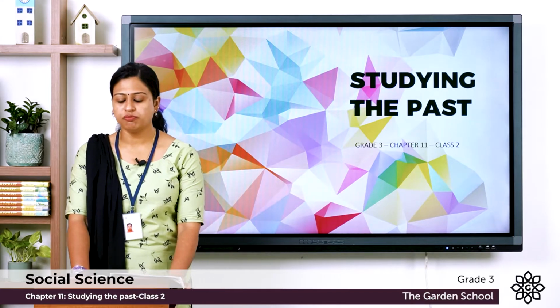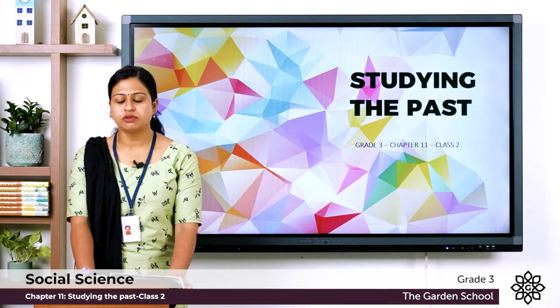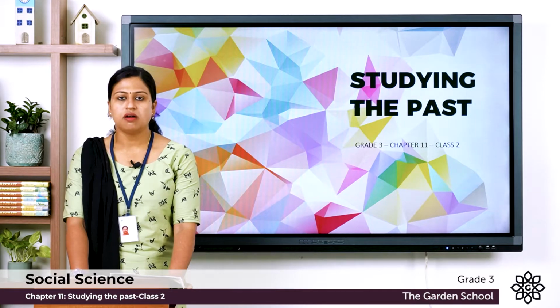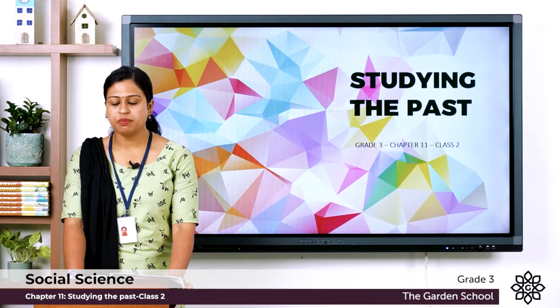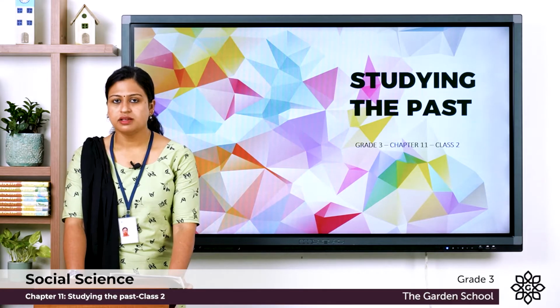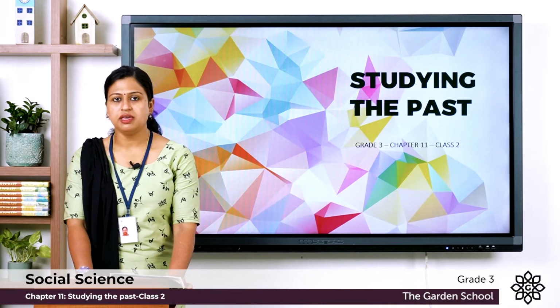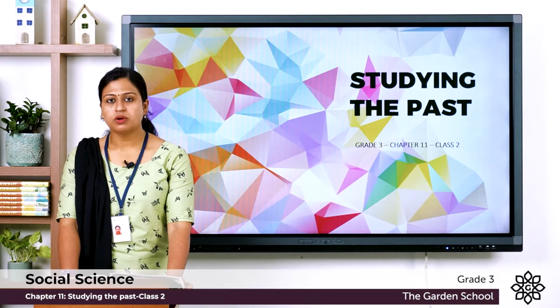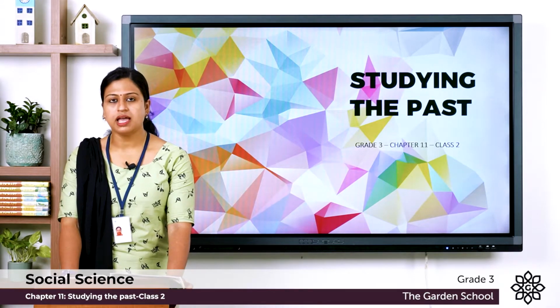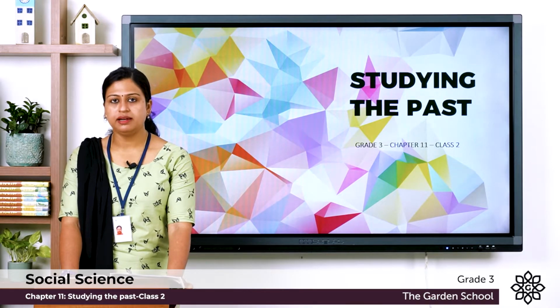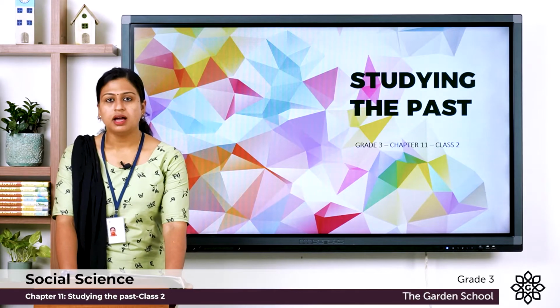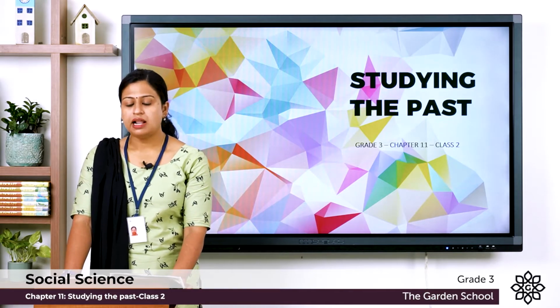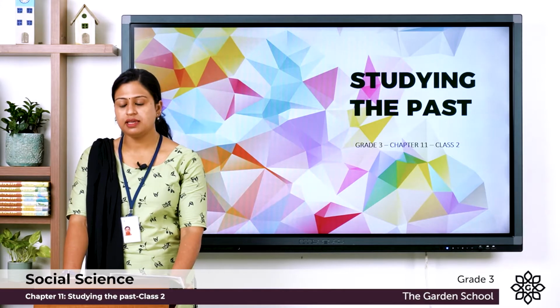So here you can see 4 pictures. The first picture is of gold coins, second one is of books, third one old newspaper and fourth one monuments. So you have to mark whether it's A, B, C, D. So in A it's given books from the past tell us what had happened. B, old coins show us how people bought and sold things. C, monuments show us the kind of buildings that were built in the past. D, old newspapers help us to know the events that took place in the past.